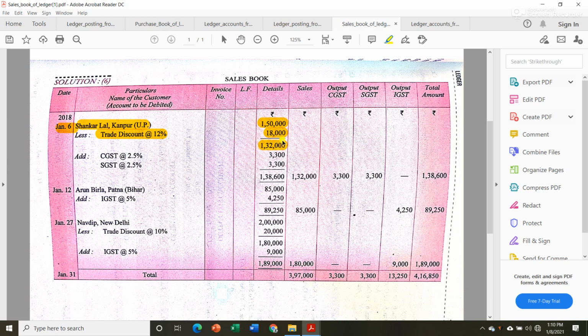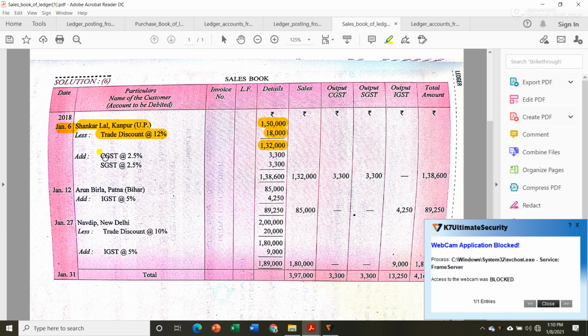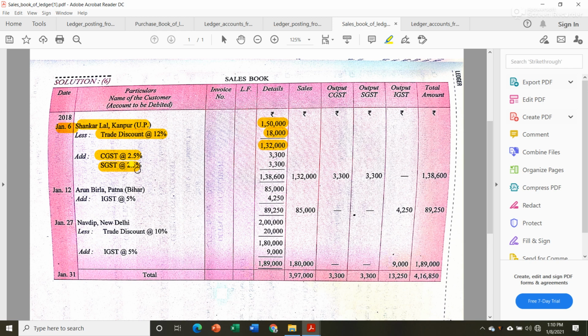And since both the buyer and seller are in the same state, that means we have to add CGST and SGST. Now another shortcut or trick is that instead of calculating 2.5% of 1,32,000, you can simply find out 10% of 1,32,000. Finding 10% is very easy. You just have to ignore the last zero. So we got 13,200. Then again divide it by 2, so we get 5%. Then again divide it by 2, then we get 2.5%, that means 3,300 for each of the GST rates.